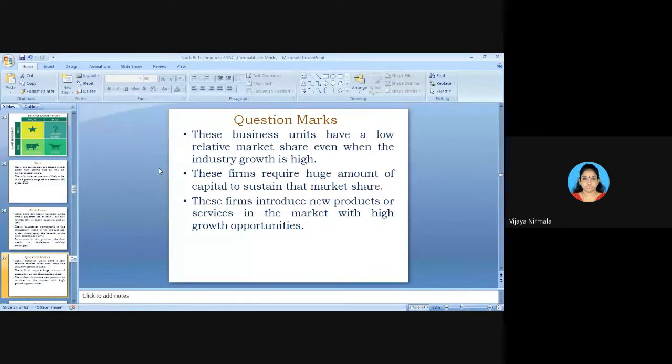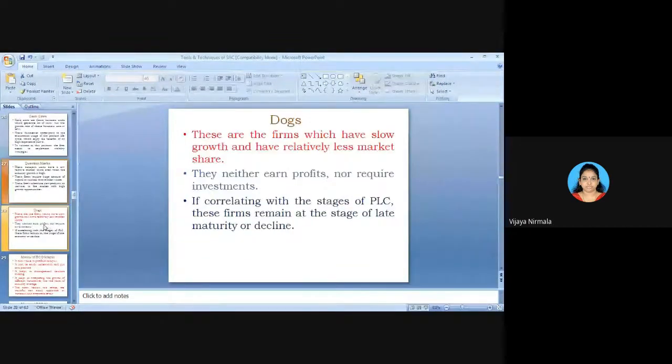So here the market share is low, but the market growth rate is high, so you need to invest more to make your customers more attracted to visit your resort again. If you continue this over time, the question marks move to stars. If not, the question marks become dogs only. That we will discuss now. Did you understand question marks? Next, the last one is dogs.